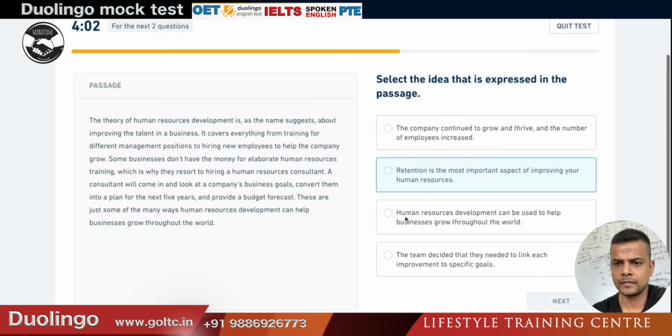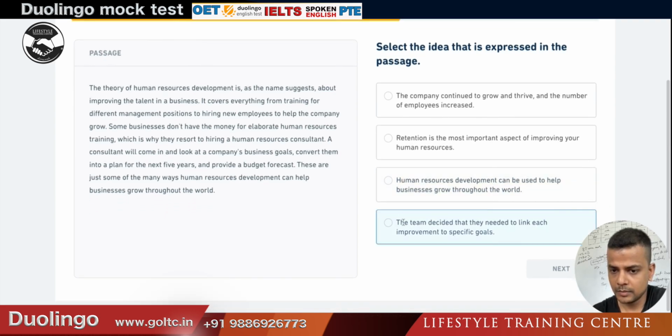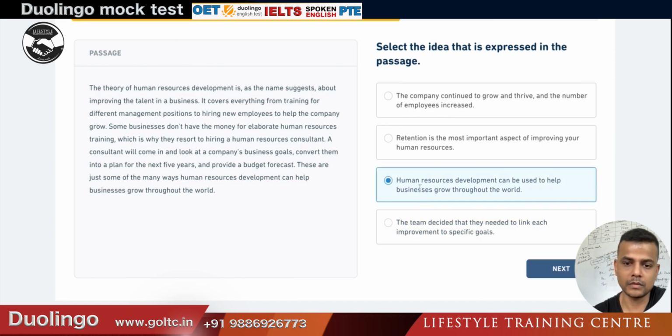Good. Select the idea in this express. So human resource management, the company continued to grow and thrive. Retention is the most important aspect. Human resource development can be used to help business grow throughout the world. The team dedicated that they need to link between improvement and specific goal. No. So that's the one. Rest eliminate the